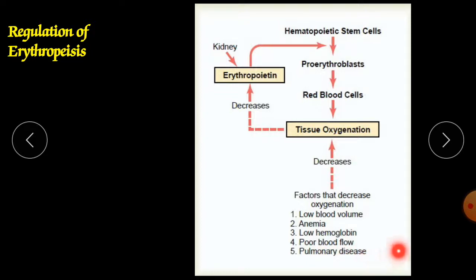Pulmonary disease: if you have any disease of our lungs, trachea, or alveoli, such as asthma, emphysema, or COPD, it also leads to the formation of mucus in our alveolar cells and bronchial cells, and bronchitis or a similar disease may lead to a decrease in our oxygen carrying capacity.